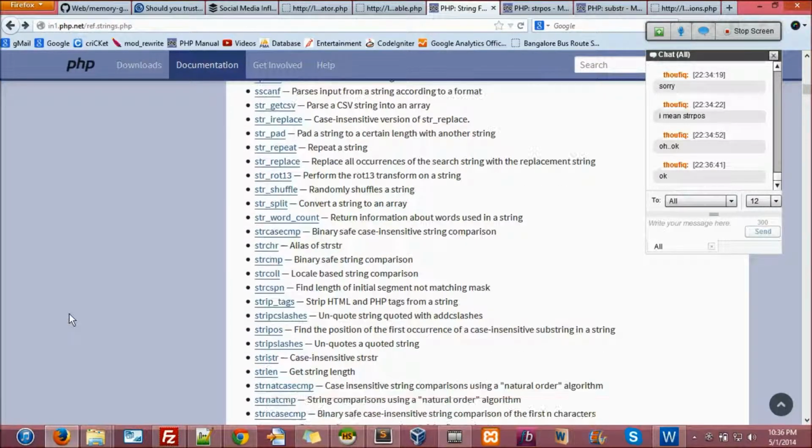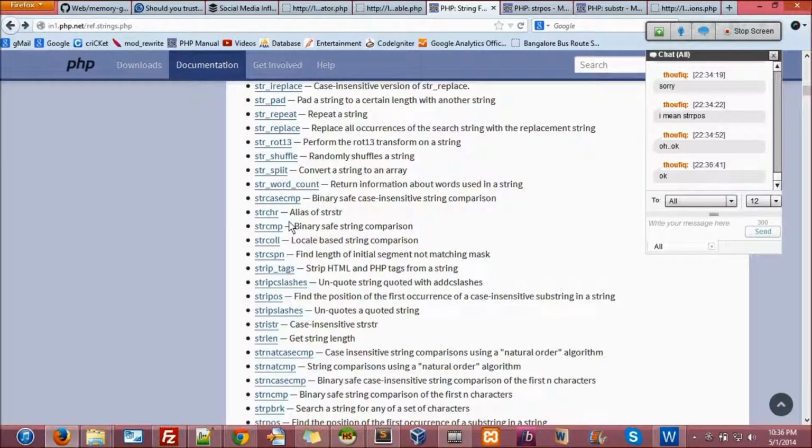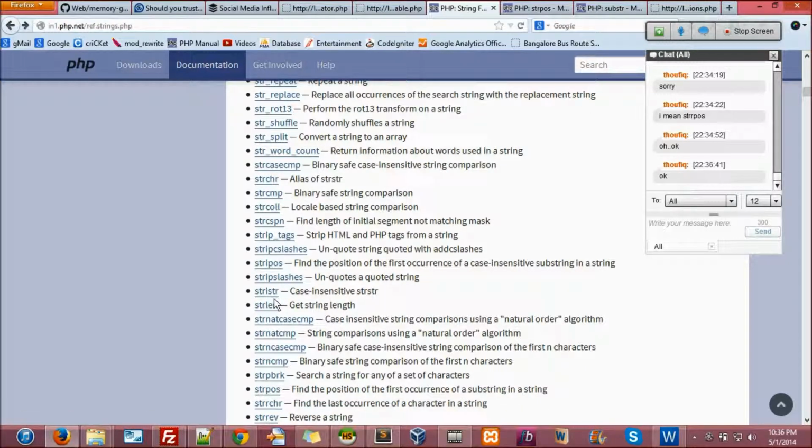Then str_word_count, if you want word count. Sometimes they ask in interviews. strip_tags is important. strpos is important. strlen is important.